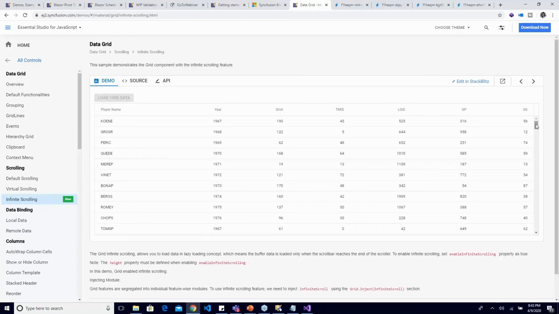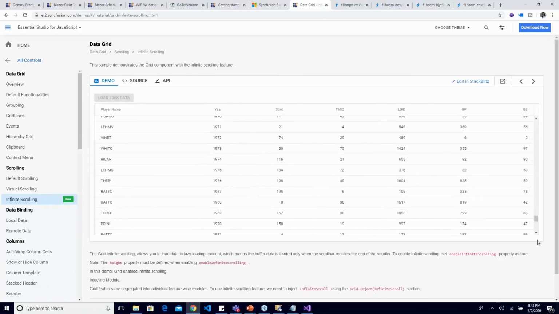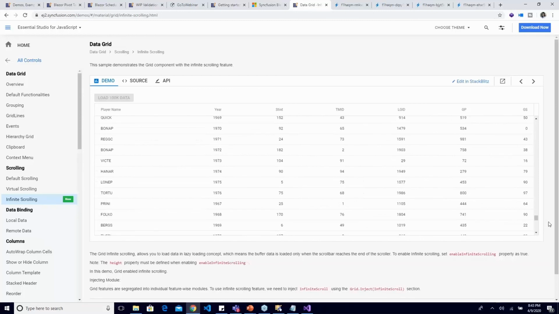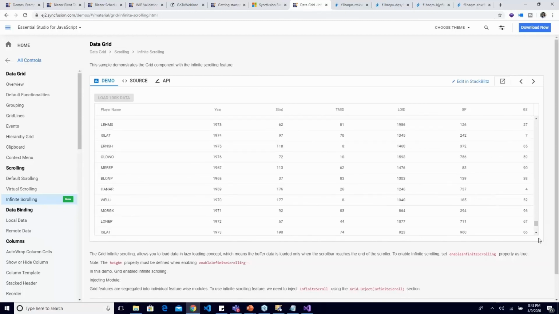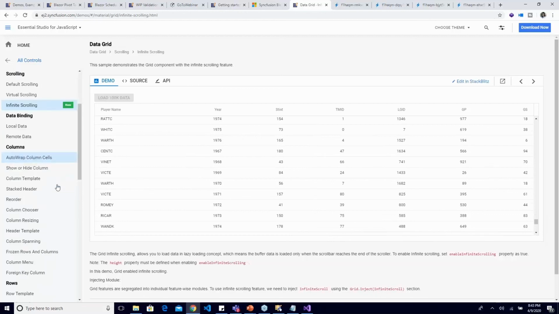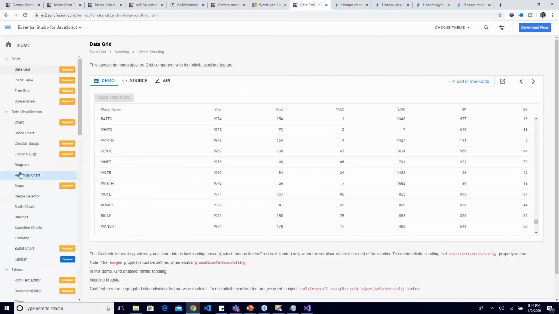So now I'll just scroll through the data. When the scroller reaches the end of the grid, you can see the data is being loaded. So this is how the infinite scrolling works. And with the Gantt component,